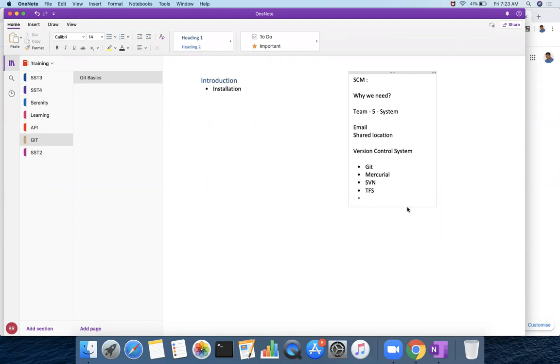For example, you might have heard about GitHub, GitLab, Atlassian Bitbucket, Git Tower. There are so many implementations of Git available to us.